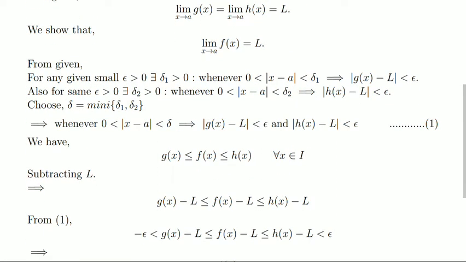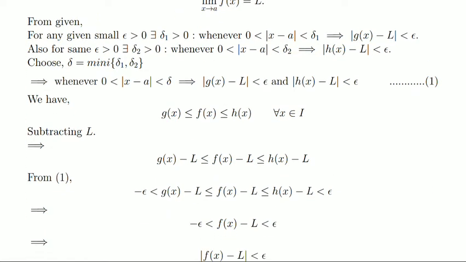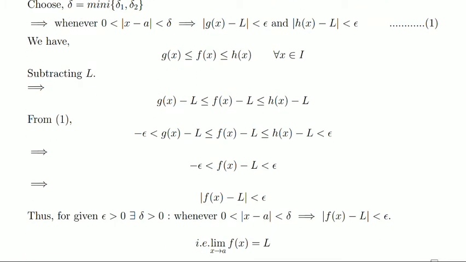So we have f(x) ≥ g(x) and g(x) ≤ h(x), and it is true for all x belonging to I. Subtracting L from each term, we get g(x) − L ≤ f(x) − L ≤ h(x) − L < epsilon. From this inequality, we can write f(x) − L is greater than −epsilon and less than epsilon,